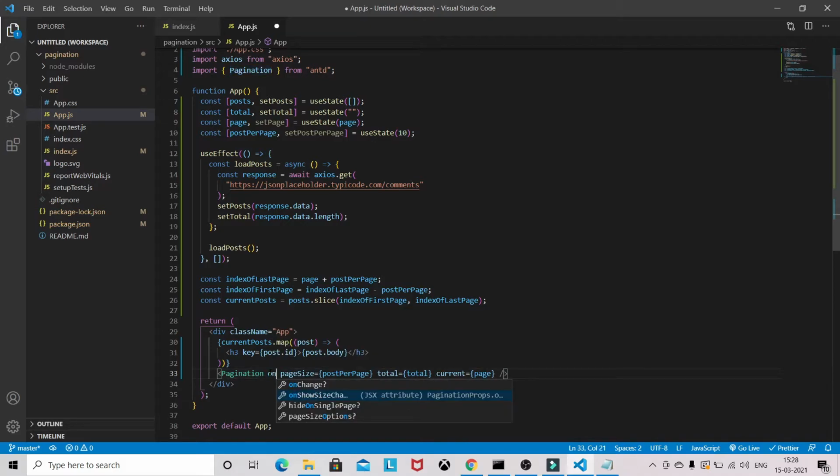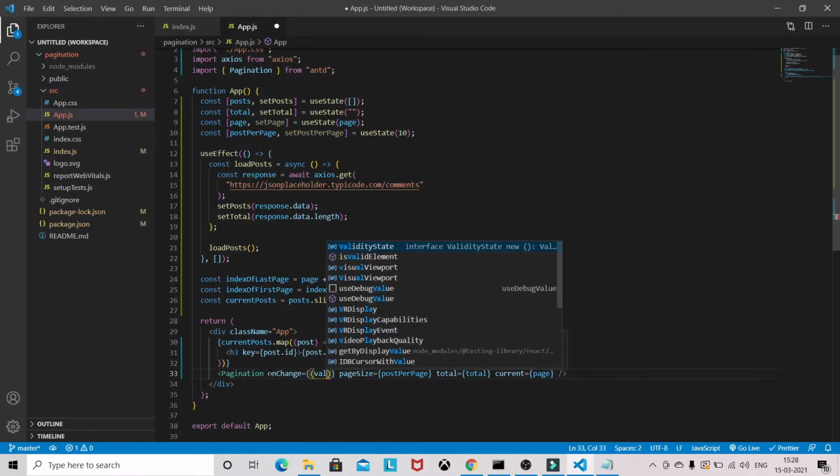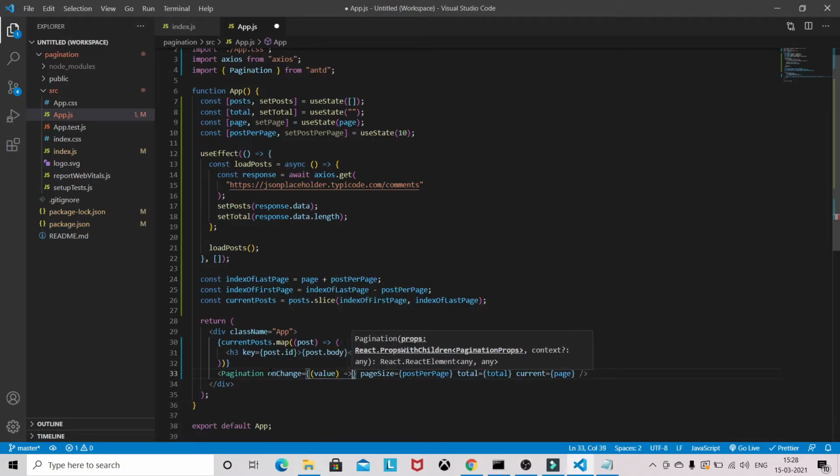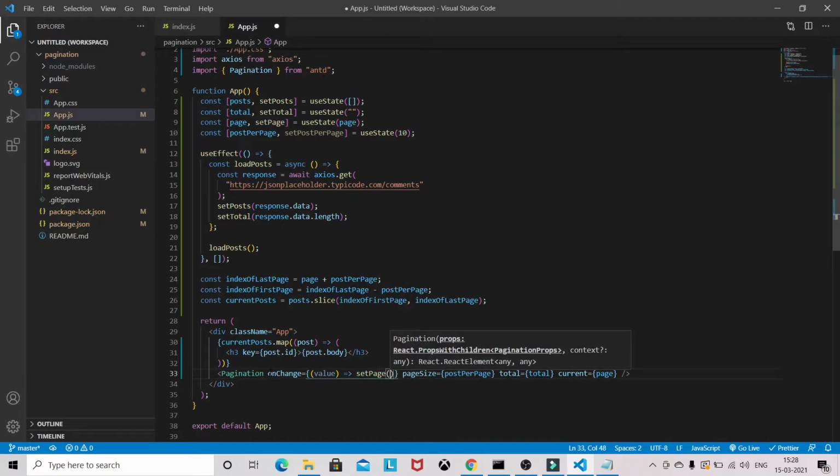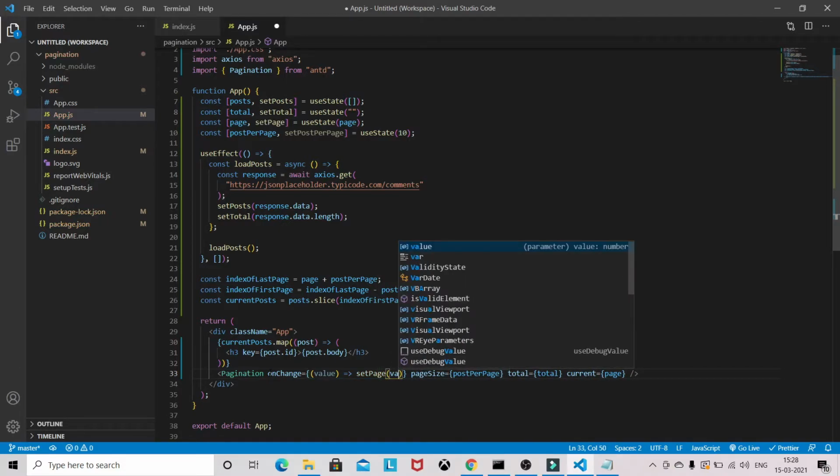One more prop we need to give is onChange, which sets the page value.